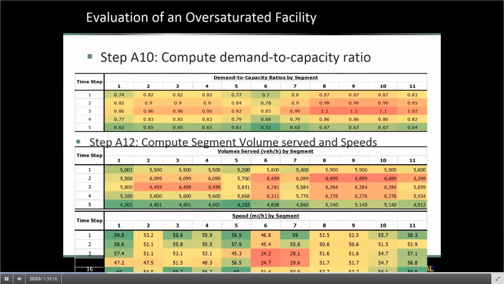in some queuing. As a result of that capacity constraint, the methodology would then translate whatever demand cannot be processed through segment 8 and actually estimate a volume served, where you see some discrepancy between the demand values that were entered on a previous slide and the actual volume that can get processed through the facility, because the method explicitly keeps track of queue propagation and unserved vehicles that are stored in that queue that are then released in subsequent time periods after the demand drops to lower levels.